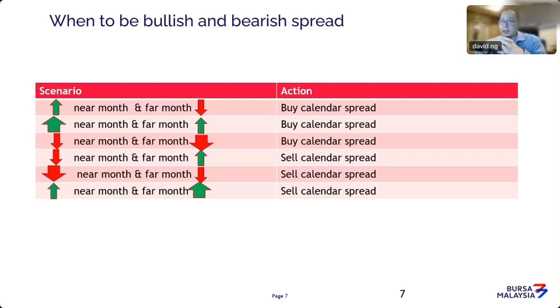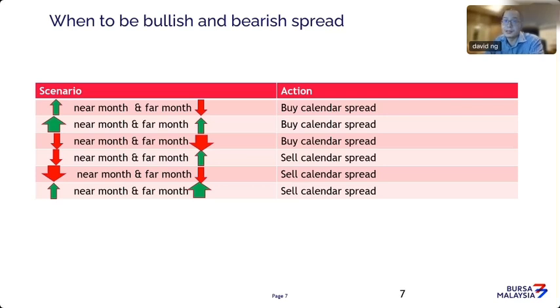Now, it doesn't mean that only when the market goes up should you be buying a calendar spread. When the market goes down, you could also be looking at bullishness in a calendar spread. How that works is, in a falling price environment where the market is very bearish, obviously all contracts will start to decline in price. The problem is the speed of the decline. If you notice the near month contracts are not declining as fast, in fact the near months are only down about 20 points, but the far month contracts like your August, September, October contracts start to fall more than